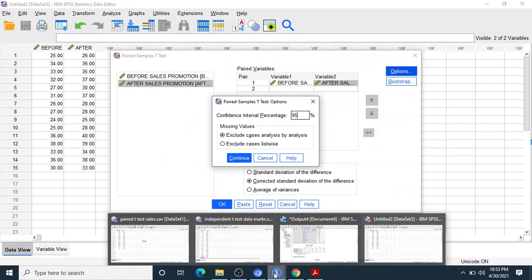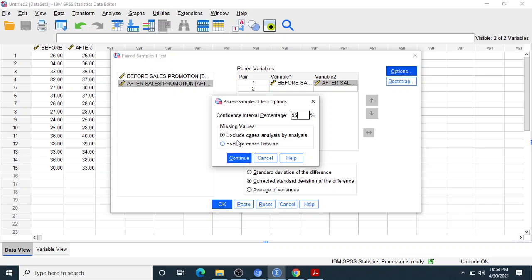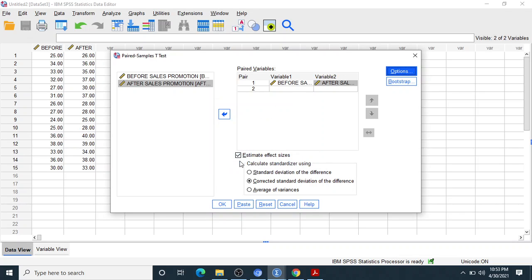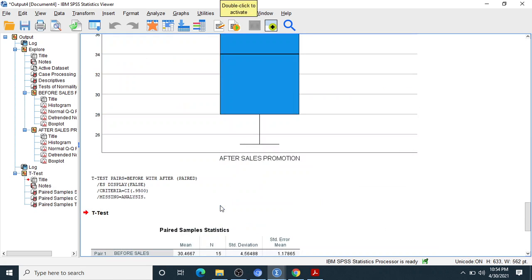Otherwise, if there is any missing value, we select exclude cases listwise, but there is no need to go for this. And calculating the standard deviation of the difference. So after this, this is our result.